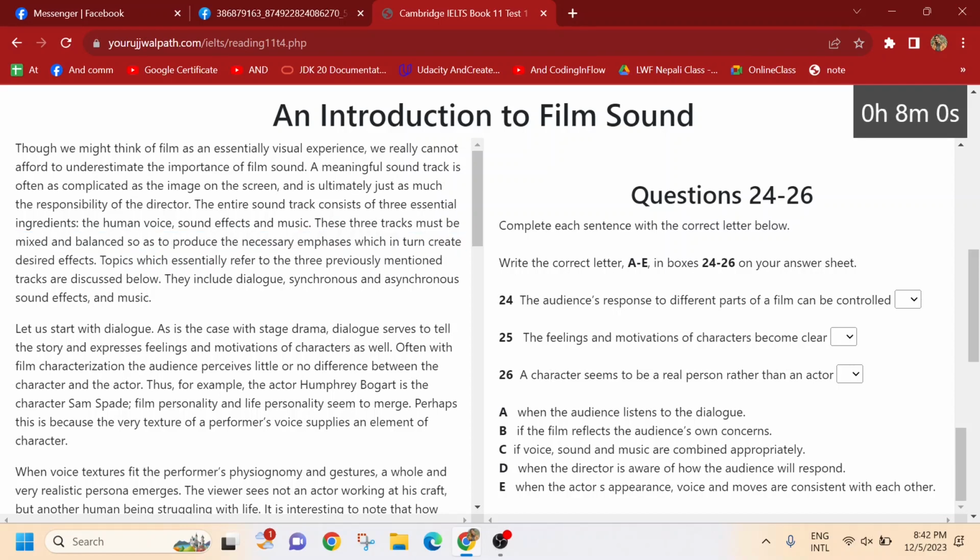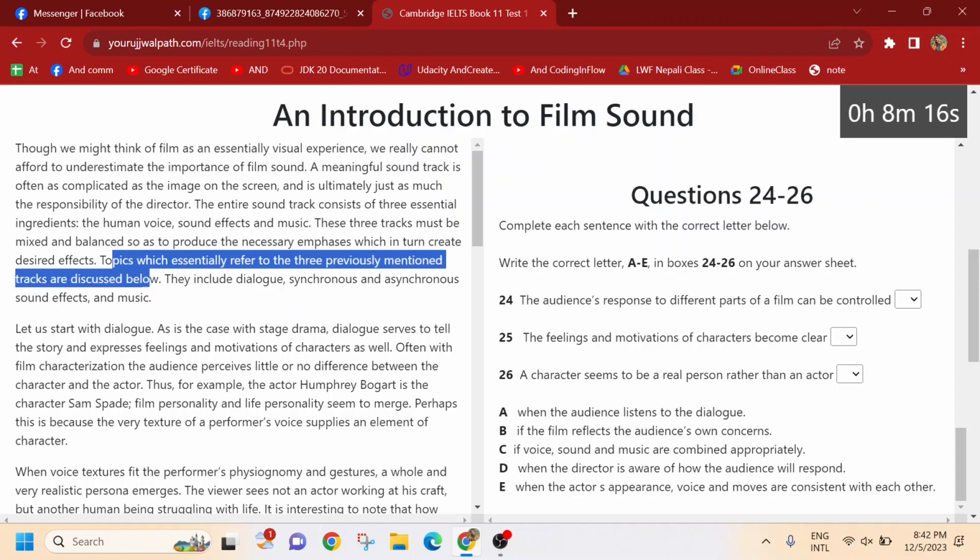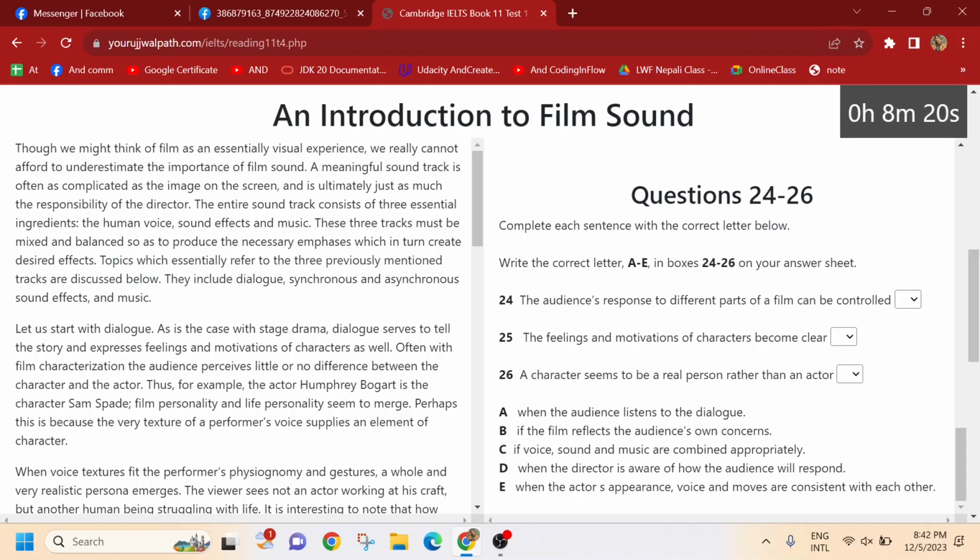So they have to be mixed very nicely to produce a kind of effect. Topics which essentially refer to the three previously mentioned tracks are discussed below, meaning we have a broader discussion further down, and they include dialogue, synchronous, asynchronous, sound effects, meaning the same sound effects, and the music follows over here.